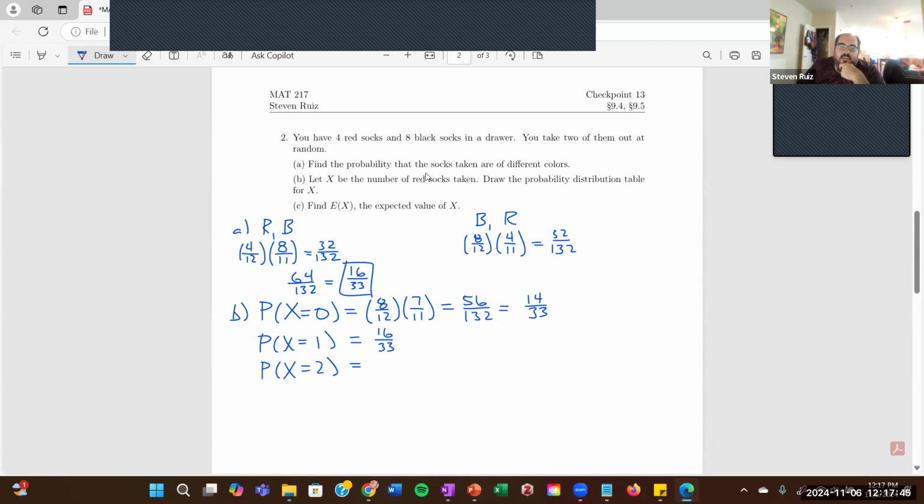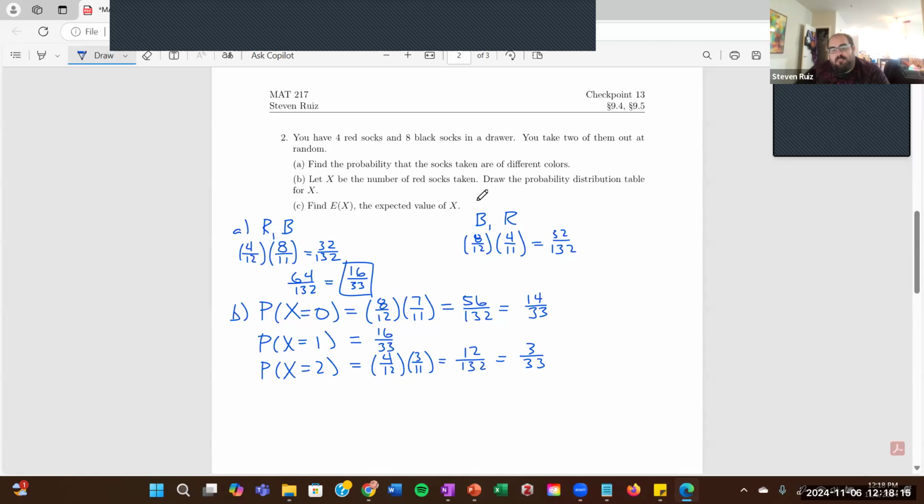And then what's the probability that I draw two red socks? That is going to be 4 out of 12 times 3 out of 11, which is 12 out of 132, which is 3 out of 33, which I know reduces, but I'm going to keep them all the same denominator because one thing